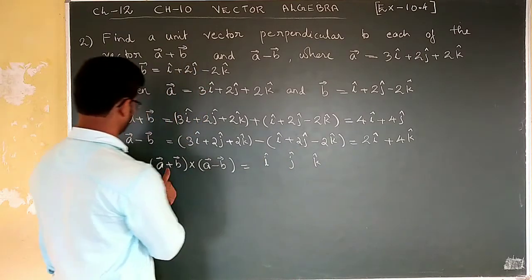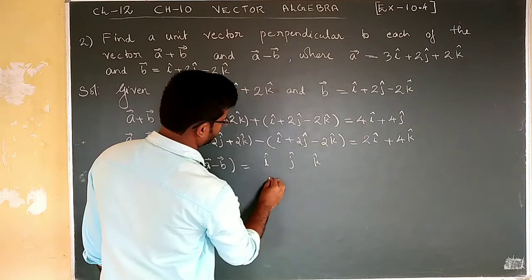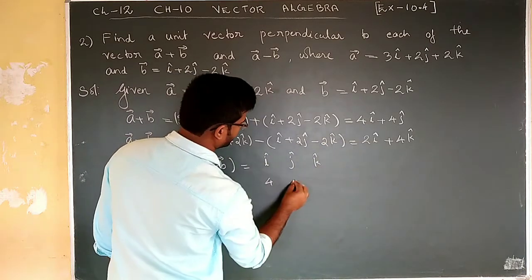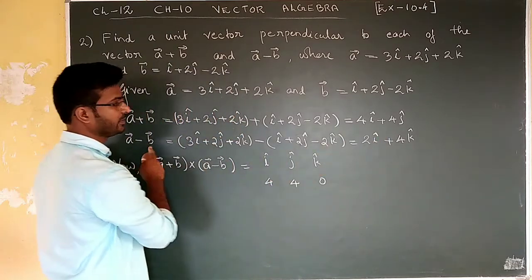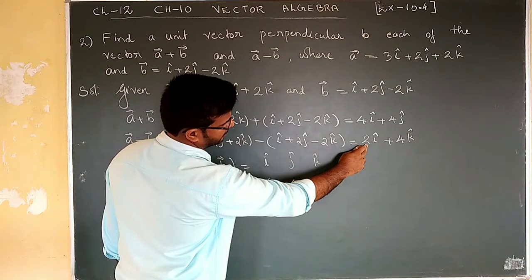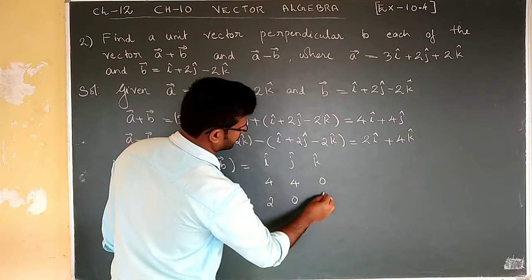Then from the first vector, the scalar components are 4, 4, no k means we can write 0. Next, from A minus B, the scalar components are 2, j is 0, therefore